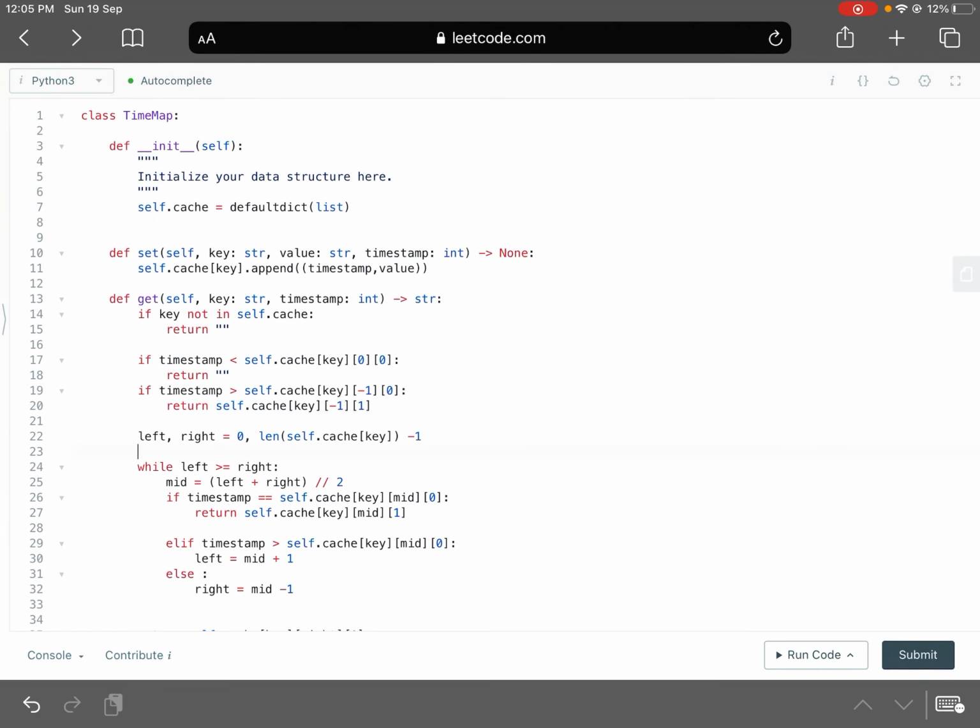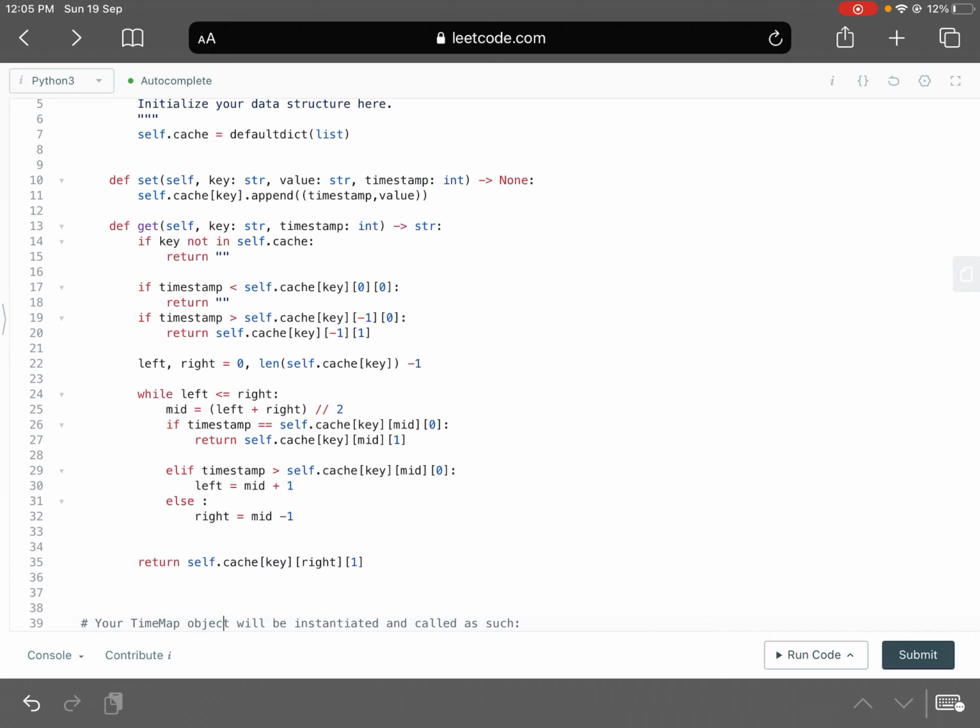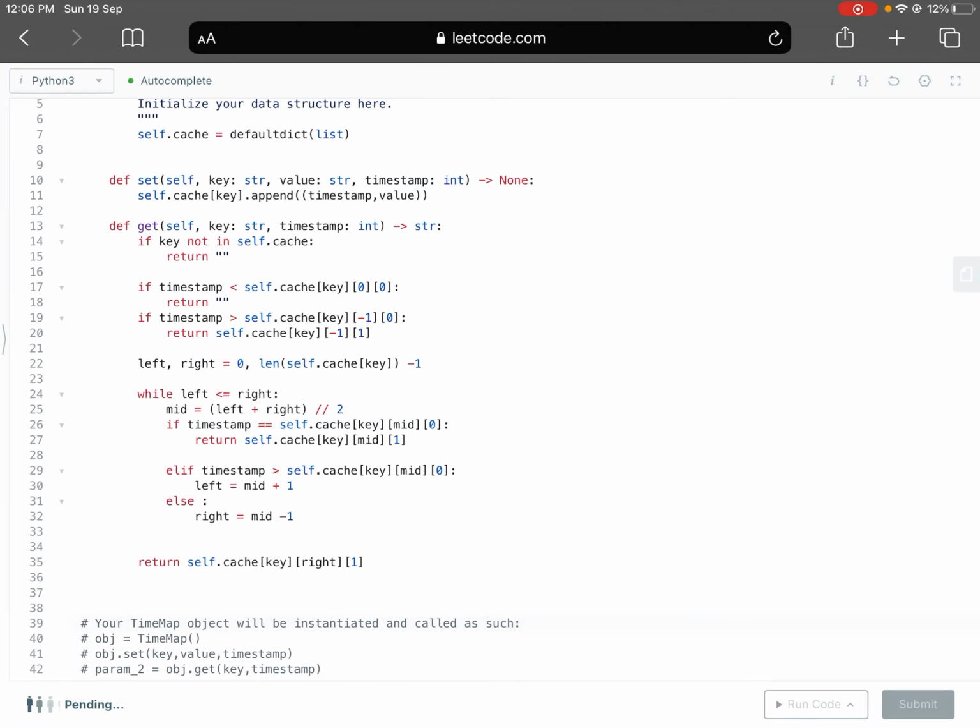Oh. Okay, I made a big mistake. I just got the entire condition here wrong. That's the problem. It should have been while left is lesser than or equal to right for binary search. It just goes to show that some small things like this can always creep up. We have to be very cautious when we are explaining the problem.